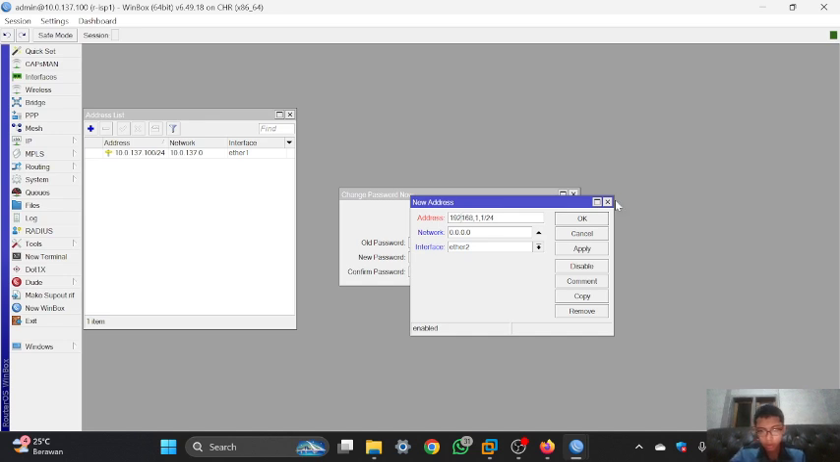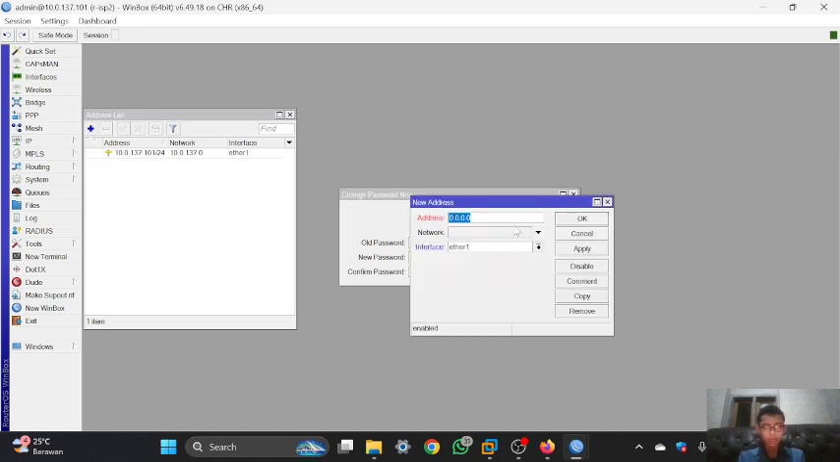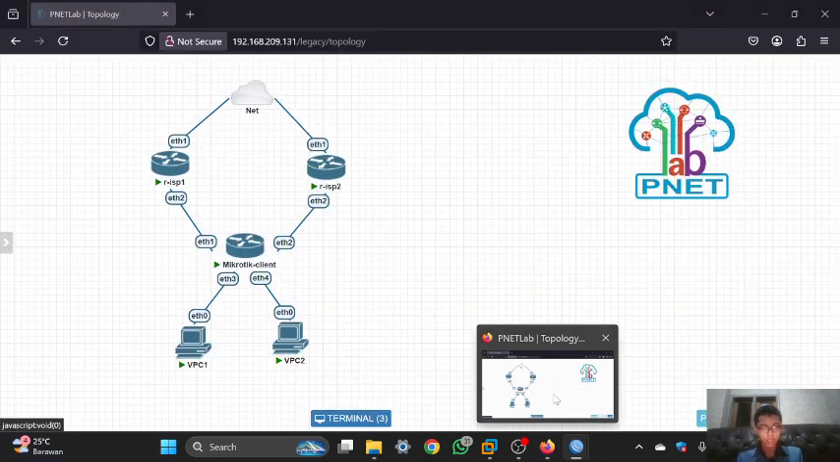In here there is some mistake, and after that I will do the addressing in the router ESP2. You can click add, and then I will use the IP class C in the router ESP2. I will use this IP, and then the interface is Ethernet 2 because router ESP2 connects to the client using Ethernet 2,